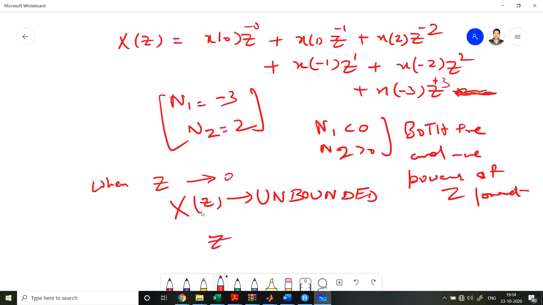And when z tends to infinity, then due to the positive powers of z, X(z) will become unbounded. So hence with positive powers of z, it will become unbounded. Hence the ROC is the entire z plane